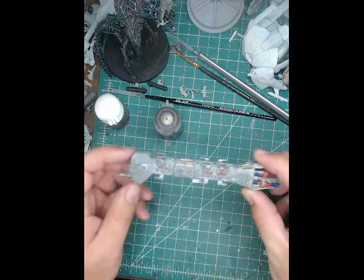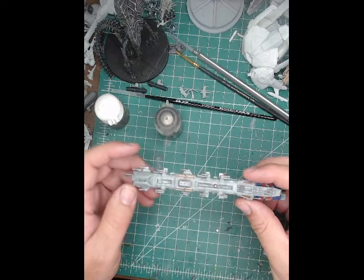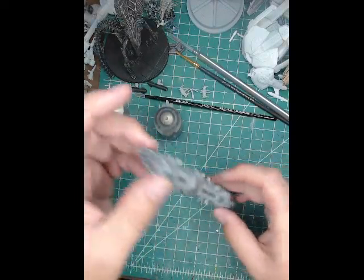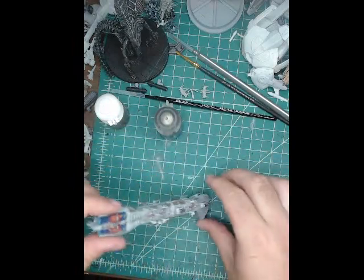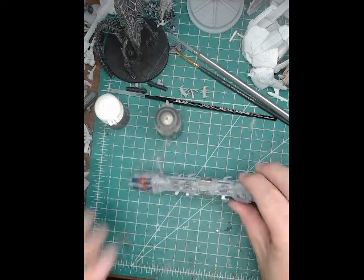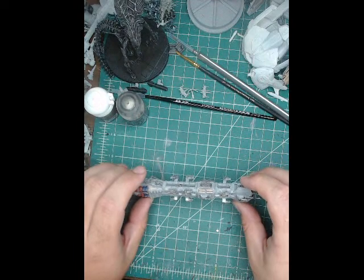So that is the Nova Dreadnought, scaled to be suitable for Star Wars Armada. Unpainted 3D prints of this are available on